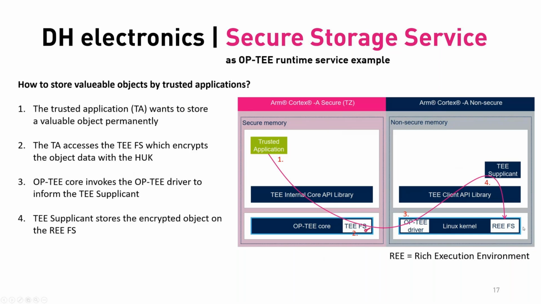One example of an OP-TEE runtime service is the secure storage service, and how a valuable object is stored by a trusted application. How does this work? We have the two worlds, secure world on the left side, non-secure world on the right side. The non-secure is Linux, the secure is this with the OP-TEE OS. So the trusted application on the left side, number one, wants to store, let's say, a private key, and then